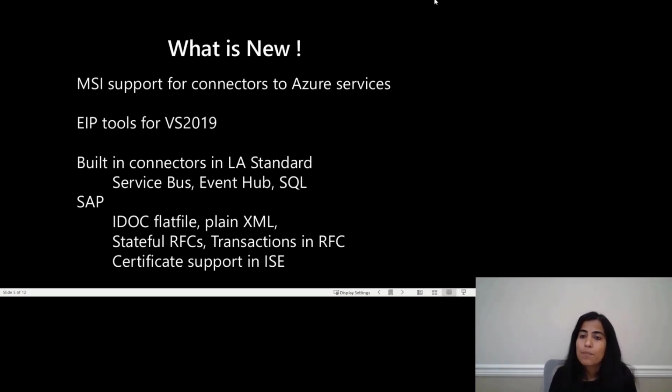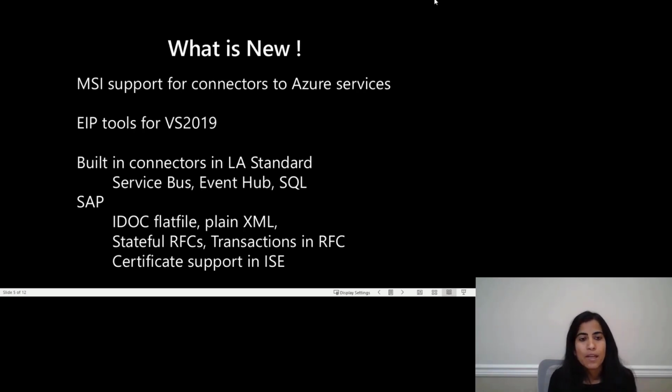Managed identity, which is the preferred and recommended way to authenticate to Azure services, has been added for a lot of connectors. Earlier this month, we also released EIP tools for VS 2019. These tools include the visual mapper to create XSLT-based maps for XML transformations, as well as schemas for flat file processing. Standard Logic Apps also comes with a new connector model that's built into the runtime and provides better performance and more control. We are rapidly adding more built-in connectors so that you can use these connectors in your portable